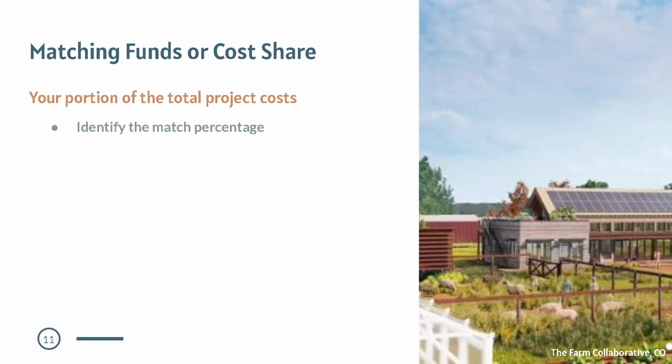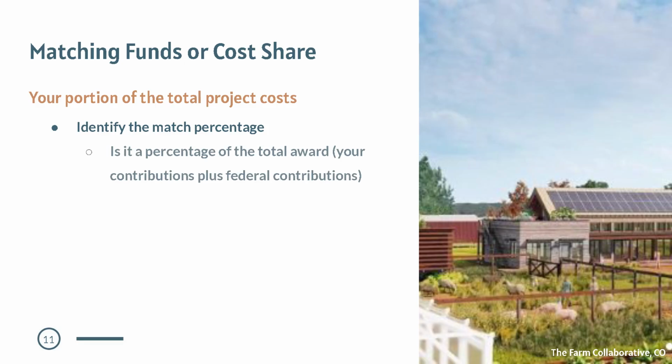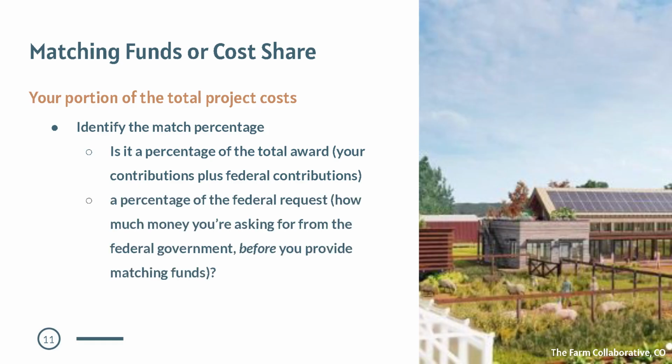There are generally two ways match is described in NOFOs, and it can be confusing. Sometimes it is described as the percentage of the total award. For example, if a NOFO says the federal government will only fund 30% of the total project costs, your match is then considered 70%. Alternatively, match is sometimes described as a percentage of the federal contribution. For example, a grant might say that you are required to provide 25% match where federal funds cannot exceed $1